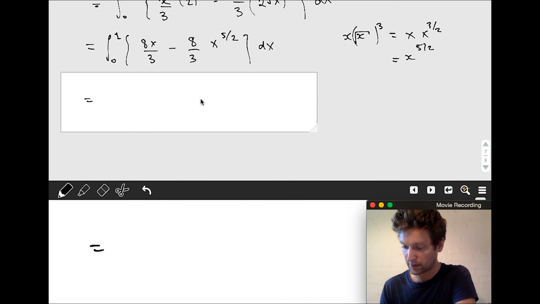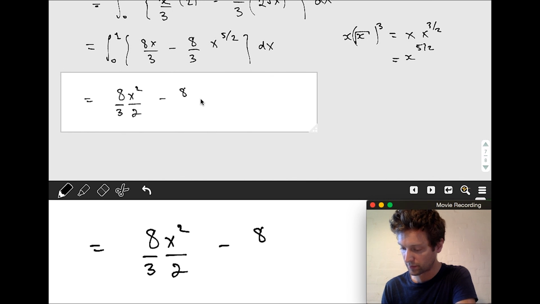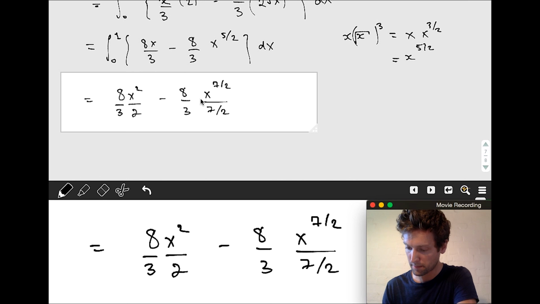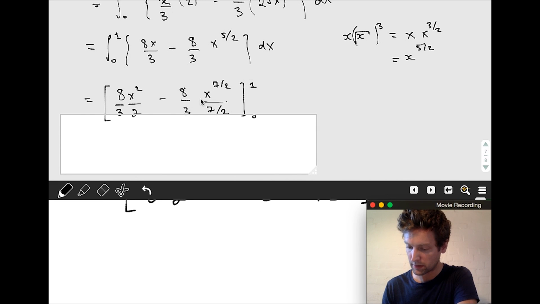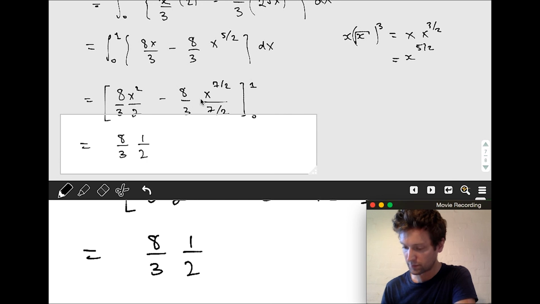So the integral becomes 8 over 3 x squared over 2 minus 8 over 3 x to the power of 7 over 2 divided by 7 over 2, from 0 to 1. So that's going to become 8 over 3 times 1 over 2 minus 8 over 3